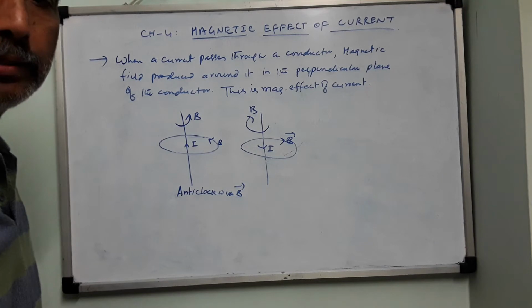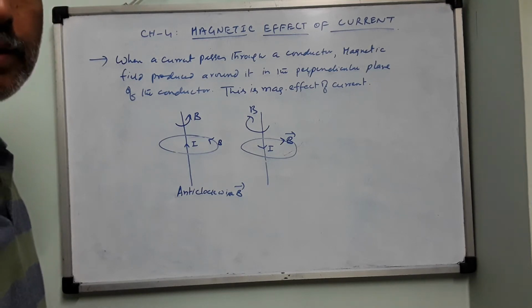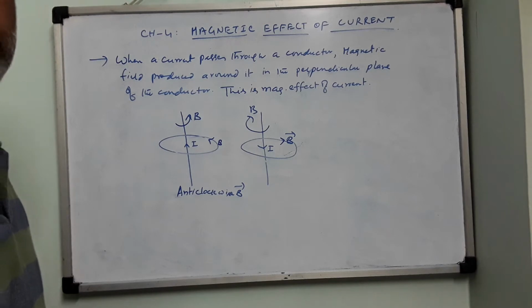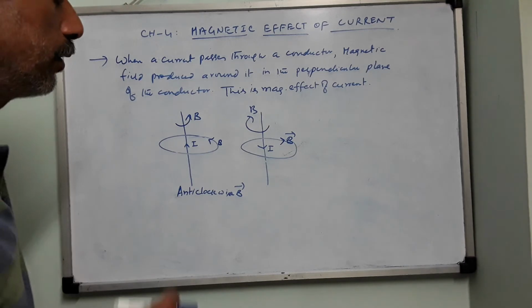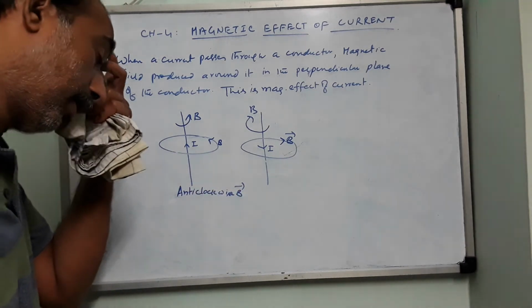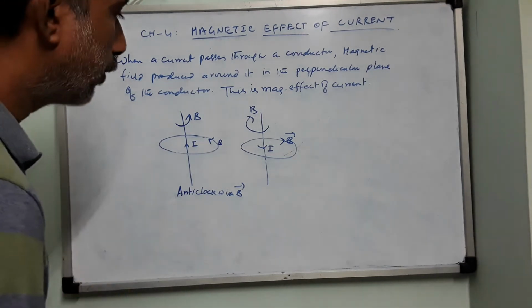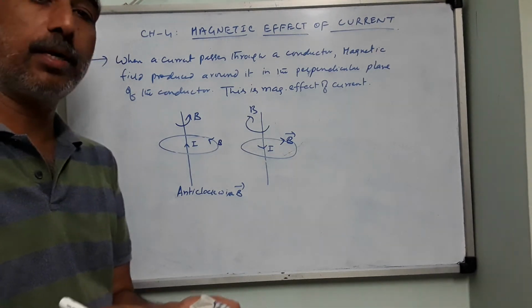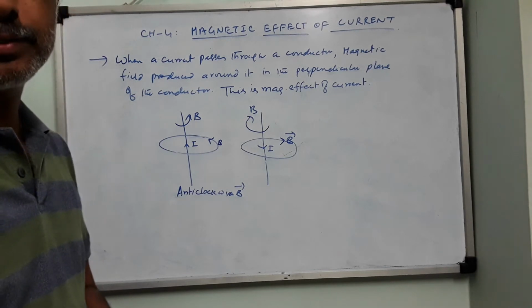But if you place a charge at rest in the magnetic field, it will not experience any force. Force will become zero. The charge will experience some force only when it has a certain velocity. So the magnetic force is velocity dependent. That is the reason why the magnetic field is non-conservative. You can make a general statement that a force which depends on the velocity of the object is non-conservative.